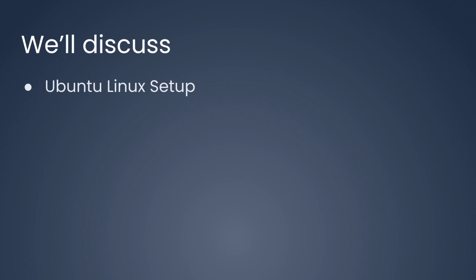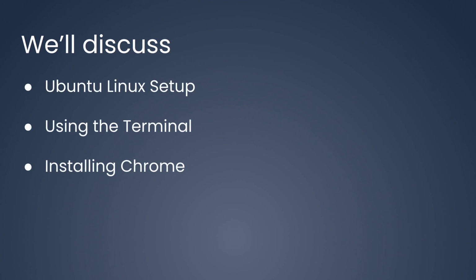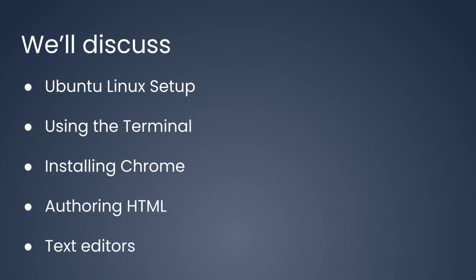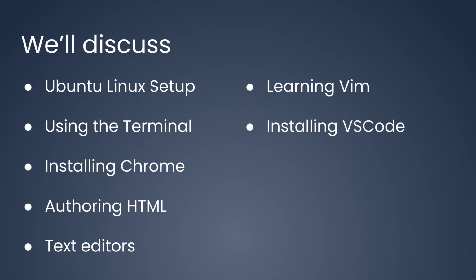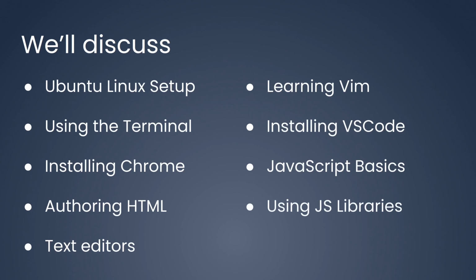We'll discuss Ubuntu Linux setup, using the terminal, installing Chrome, authoring HTML with text editors, learning Vim if you want to, installing VSCode, JavaScript basics, using JavaScript libraries, and setting up your first project with NodeJS and Vite. You don't necessarily need to do all this setup if you just want to start coding. I mean, you could use cloud-based IDEs for learning. But if you want to get into the nitty-gritty and set up your local development environment like a pro, here's